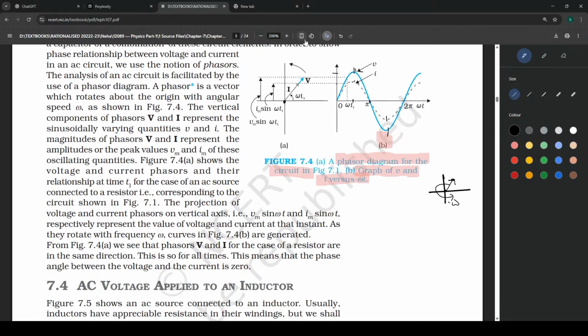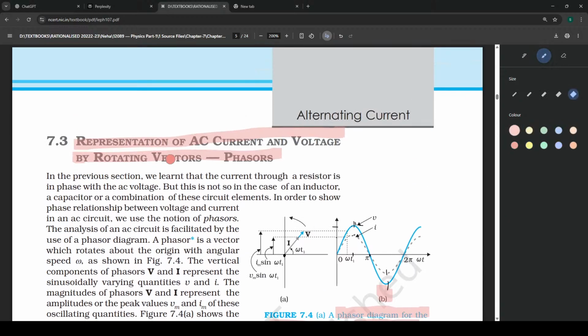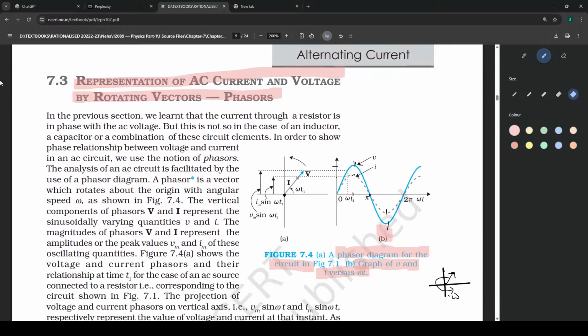Now let's come back. Let's start with the phasor topic. Representation of AC current and voltage by rotating vectors, the phasors. In the previous section, we learned that the current through a resistor is in phase with the AC voltage. But this is not so in the case of an inductor, a capacitor, or a combination of these circuit elements. In order to show the phase relationship between the voltage and current in an AC circuit, we use